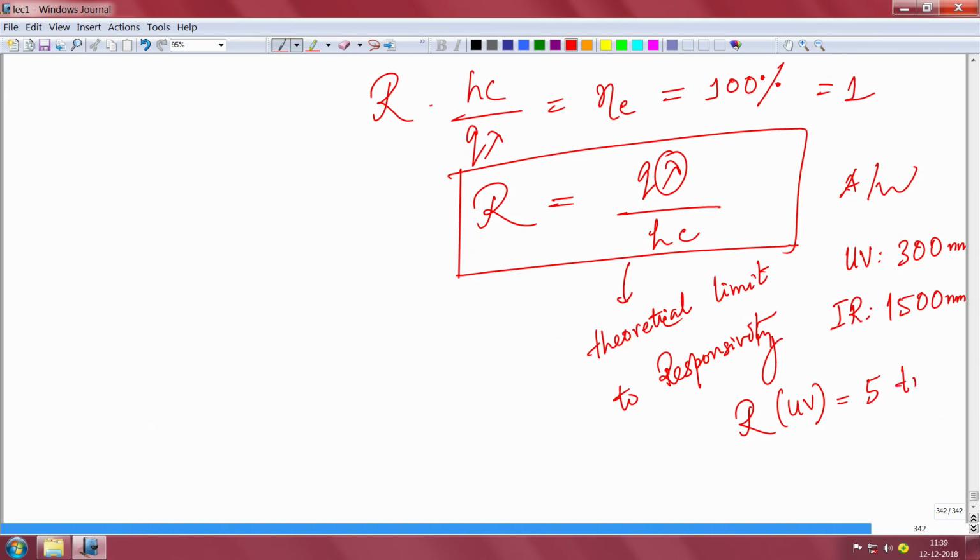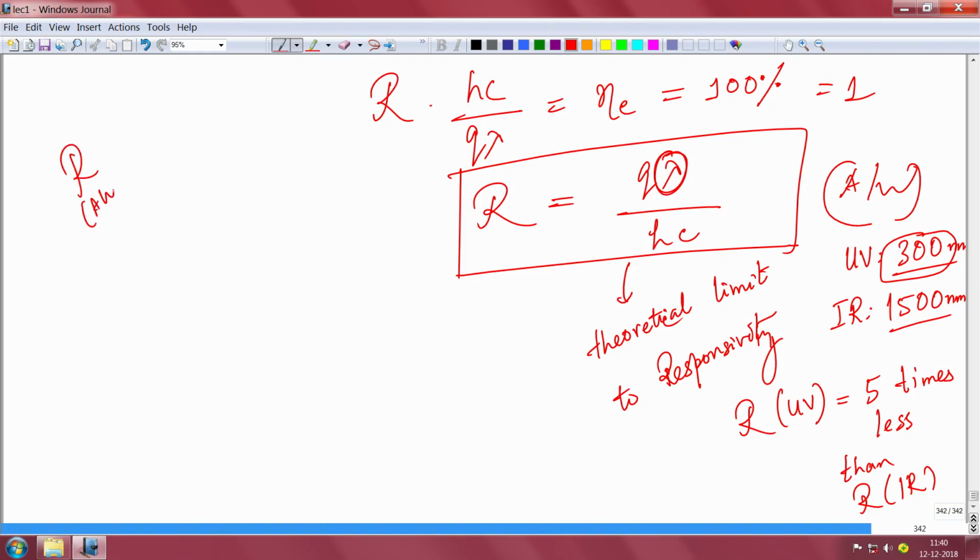here it is lambda directly proportional, no, 5 times less than the responsivity at infrared. I mean, here it is 300 and 1500, it can be anything, it can be 300, 3000, whatever. What I am trying to say is that the theoretical limit to responsivity in amp per watt is dependent on lambda. So if I use a UV light, which means a short wavelength, my responsivity also will be low theoretically. If I use an infrared light of a higher wavelength like 1500 nanometer, 2 micron, 3 micron and so on, then the responsivity also will be theoretically high, which means the theoretically achievable maximum responsivity in amp per watt, if